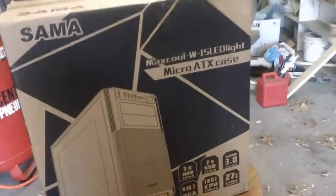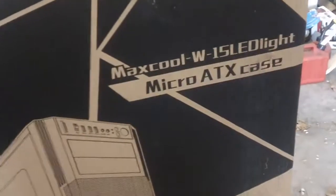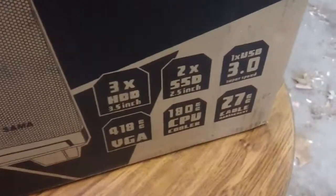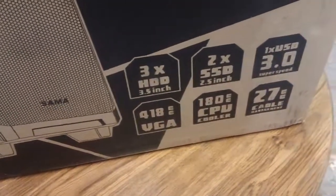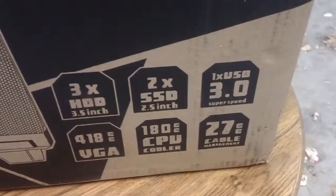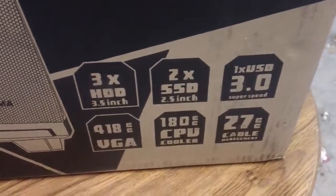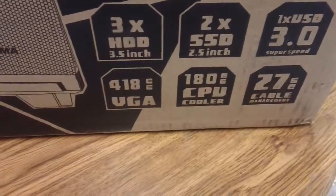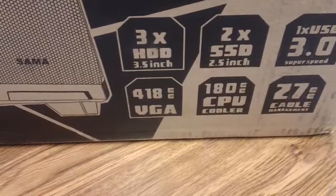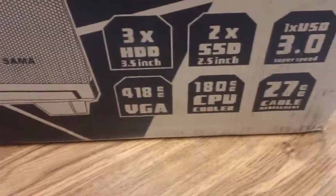Here it is, the new case, the Sama Maxcool W15 LED light micro ATX case. 3 hard drive bays, 2 times 2.5 inch bays, 1 USB 3.0, 180 millimeter CPU cooler can fit in this, 418 millimeter VGA card can fit,